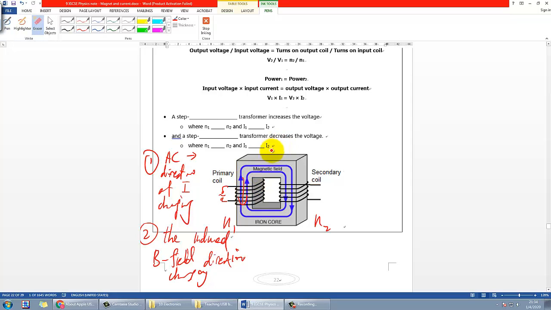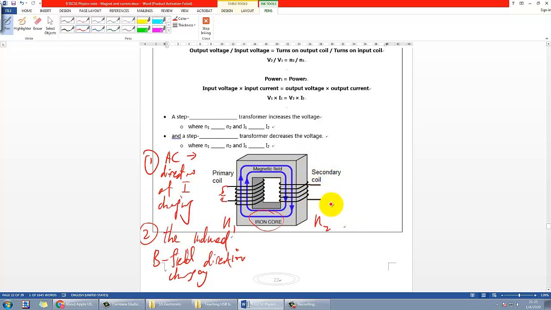How quick would it be? If the AC is, say, 50 Hertz, which is a very usual frequency, then imagine the B field is changing at 50 Hertz. This is similar to the simulation, where you try to push the magnet back and forth, but now it is done automatically. In that case, the B field gets transmitted through to the secondary coil with the help of the iron core. Remember, this is something that can get magnetized. And therefore, in the video we also use the iron core to help.